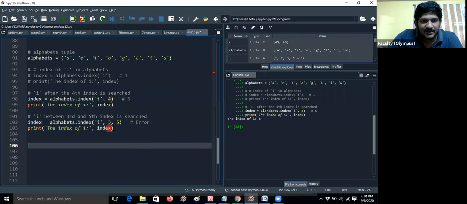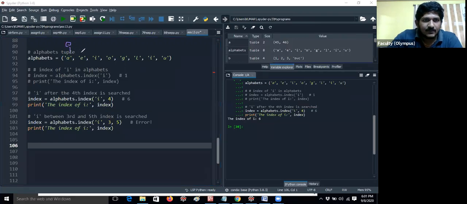Okay. Let me give another example. I between the third and fifth element. So you can give 3 elements also. But there is no 3 and 5. That means, for example, 0, 1. Let me give clarity, guys. From the examination point of view, you don't write like this. Just for interview purposes only I am telling.